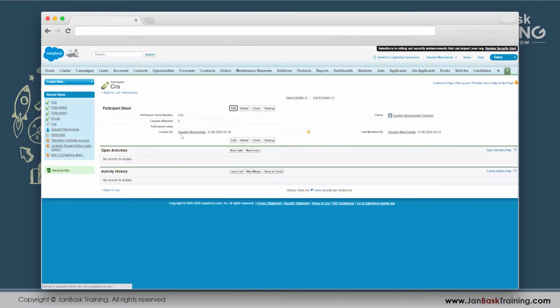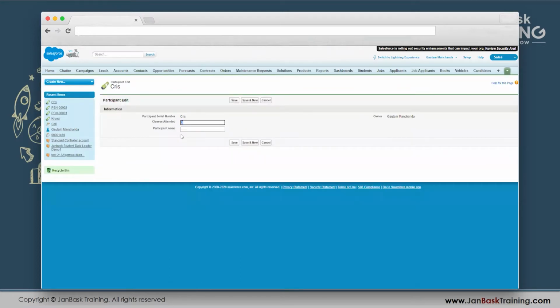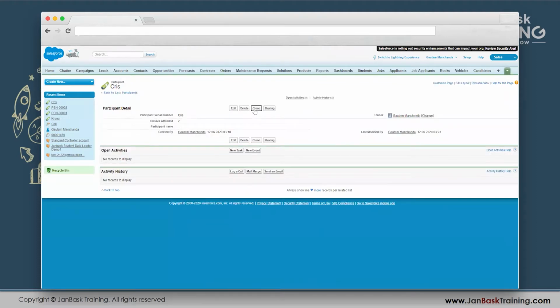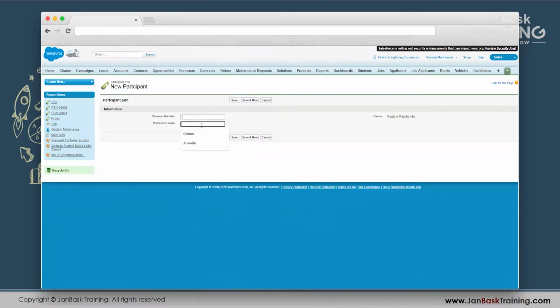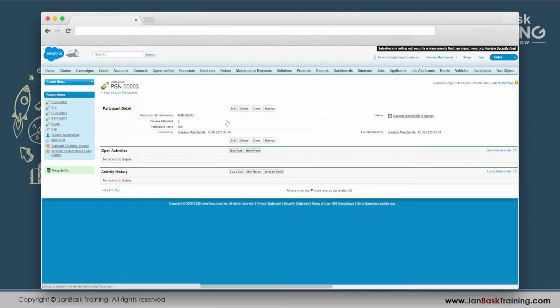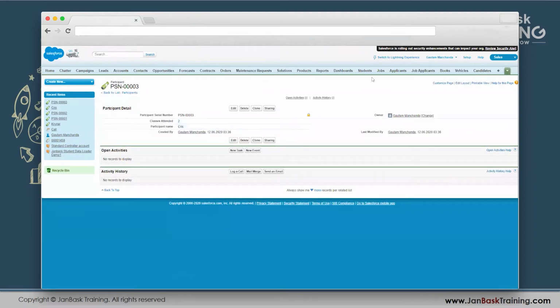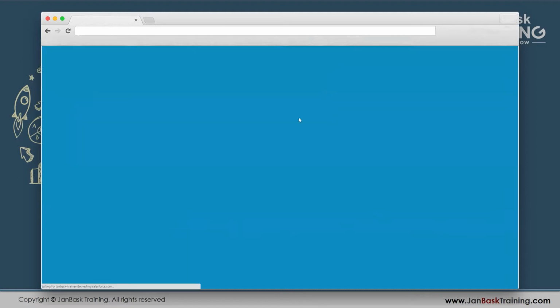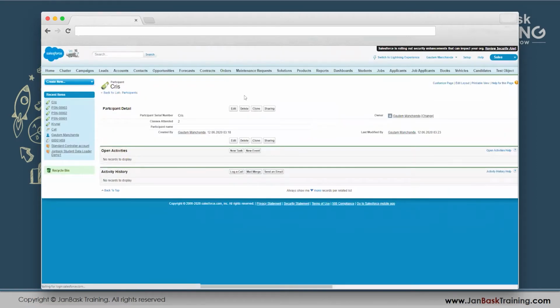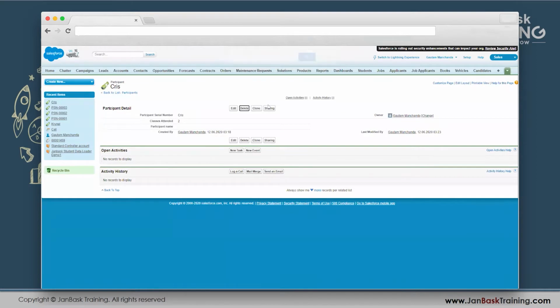The second approach, that is the recommended approach of doing it, is you have a record, okay, over here. So we have some basic info created. I have a button called clone. I just simply click on clone. I put the Chris record's name in, and I click on save. So now I have the Chris record created. Now I can very successfully go back and delete the old record, because I have this record cloned already.